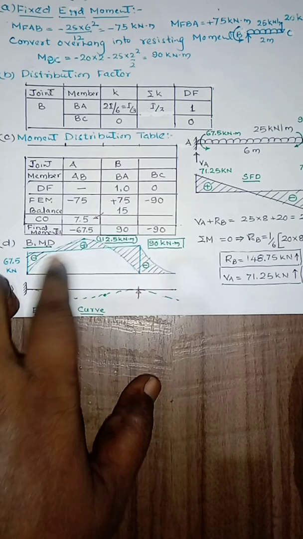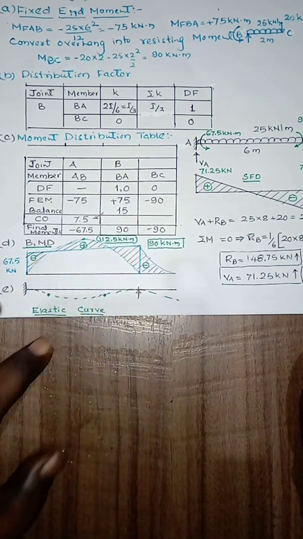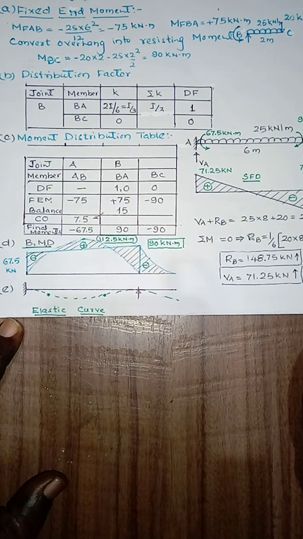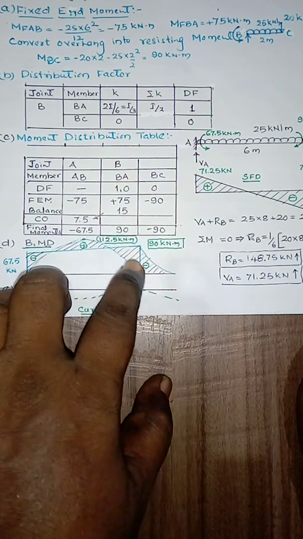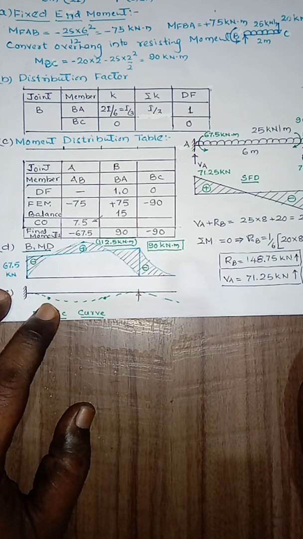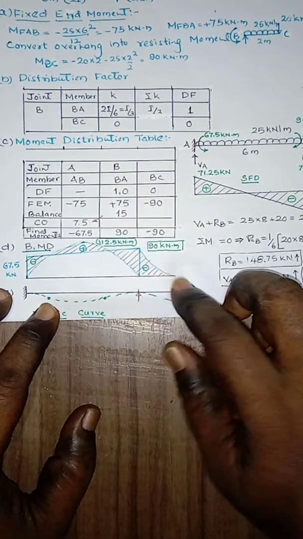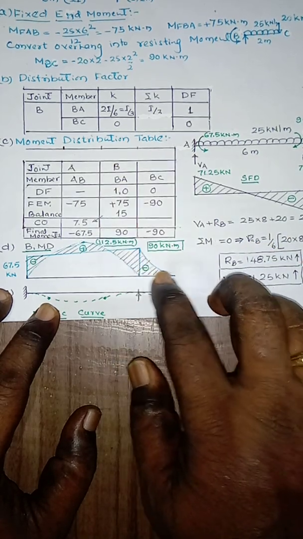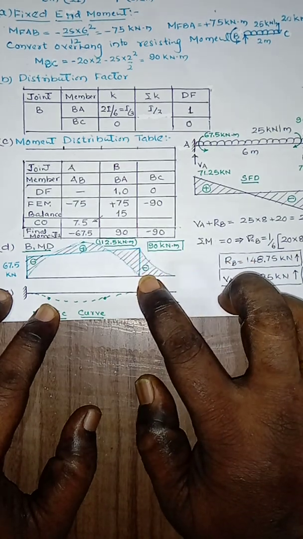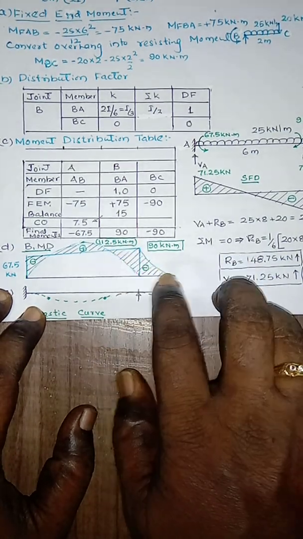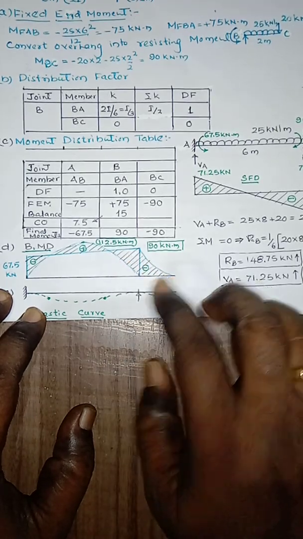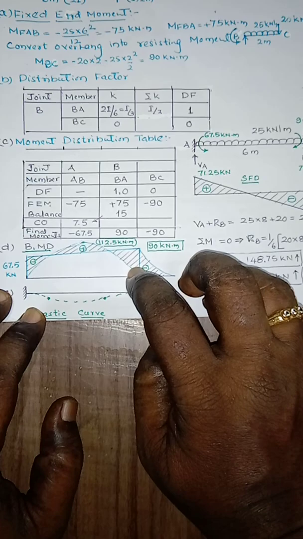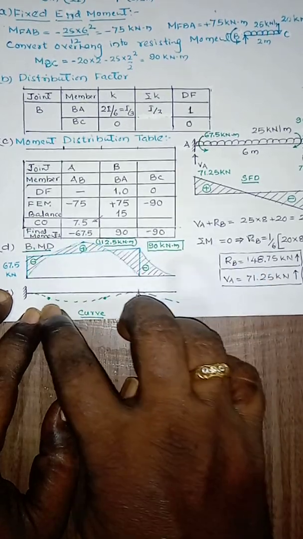Here, by overlapping both the moments, this one is curved, that is parabolic, since the bending moment variation is a curve. The simply supported beam bending moment is a curve like this. Then in this overhanging portion, due to the point load and due to UDL, it is a curve like this. Here this is negative. From this point to this point, the bending moment is totally hogging. At the support it is hogging, then at the center it is sagging.